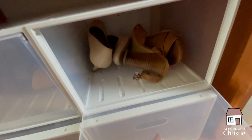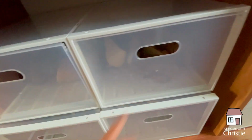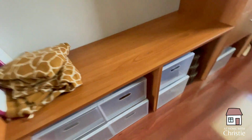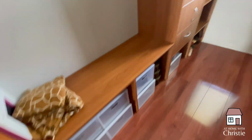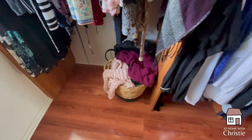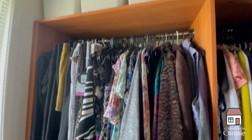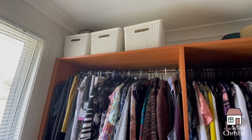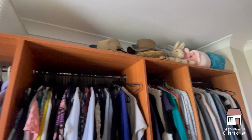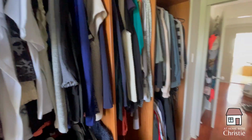So these are the Kmart large shoe storage boxes. They're $7.50 each. They are a nightmare to put together, but once you get them together, they're actually pretty good. So I have, from work functions and things, a lot of, what do you call those things? I'm having a total mental blank. Fascinators. And so I keep them in one, and the other ones actually store 2 pair of heeled shoes, ones